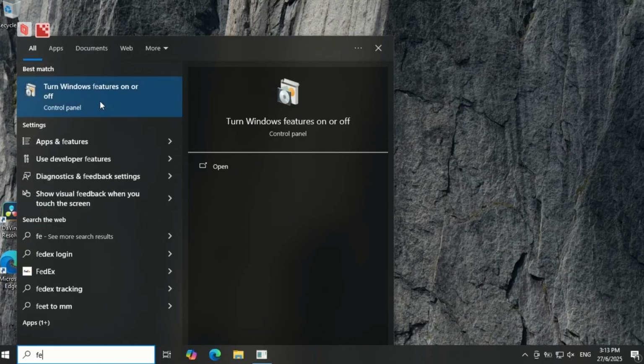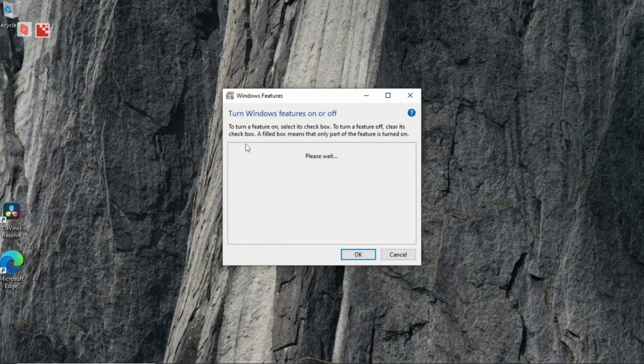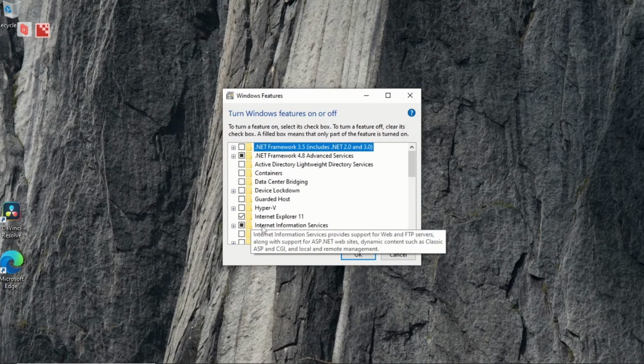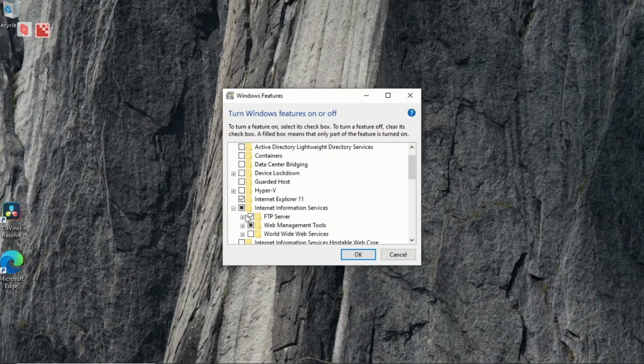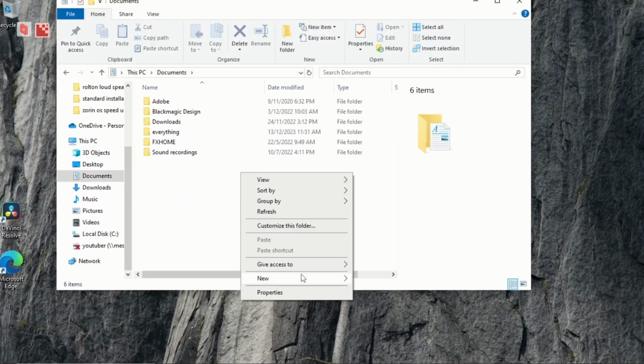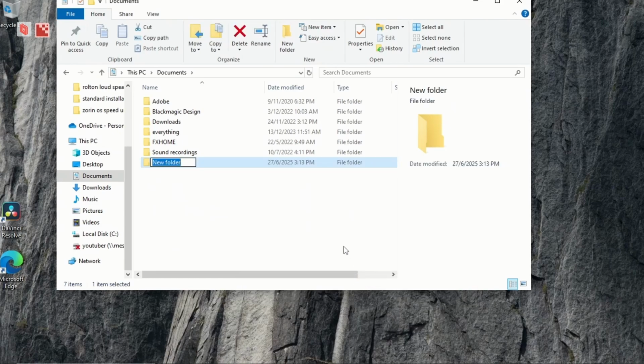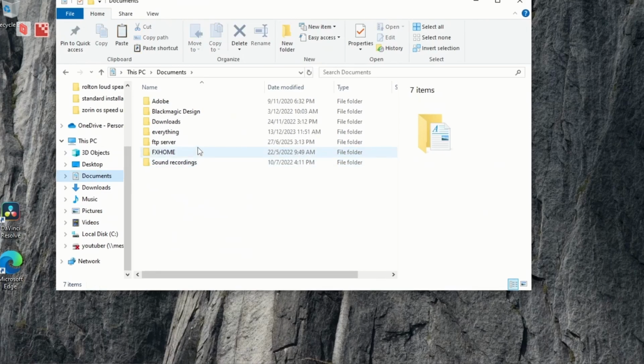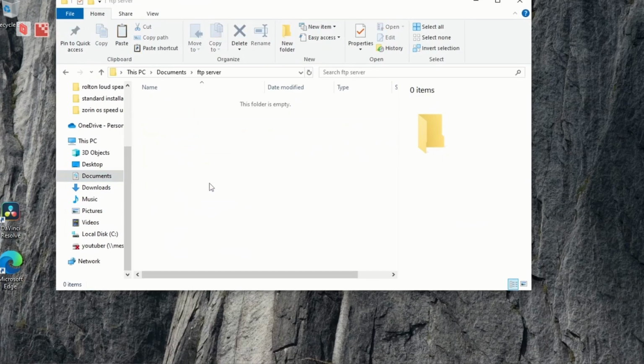So first of all, we go to turn Windows features on and off on Windows. Search for Internet Information Services, click on FTP server and the web management tools, and then tick this FTP extensibility and the FTP service if it's not ticked. Once it's done, go and add a folder wherever you want. I'll name mine FTP server, and then inside here I'm going to just copy and paste some files inside so